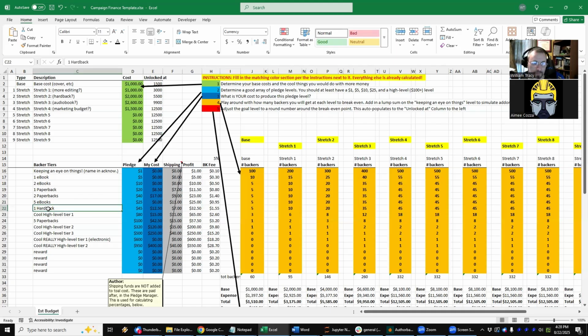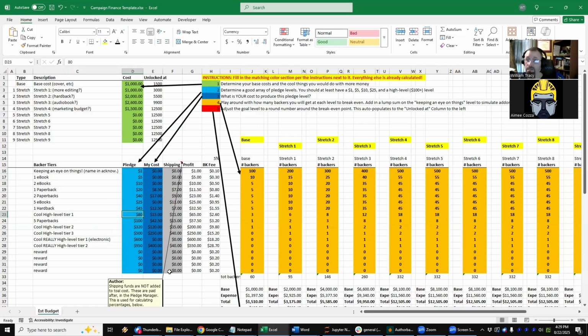That's perfect. Then you can have some other cool stuff like the hardback I mentioned before. This is going to be a little bit more pricey. It also costs a little bit more to produce. So your profit may be more or less on that depending. Past that, you start to get into the high level tiers. So that's what I call them. Past about $40, $50 is where people actually have to think to say, do I want to put this much into the campaign? The $20 to $40 is sort of like, yeah, okay, I'll support this campaign. Past that point, I'm just calling this cool high level tier,